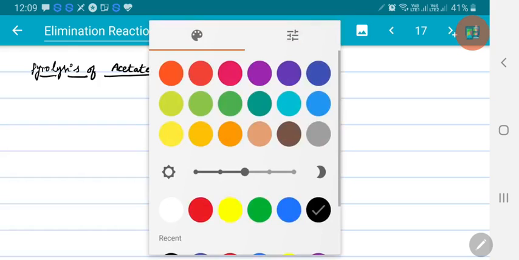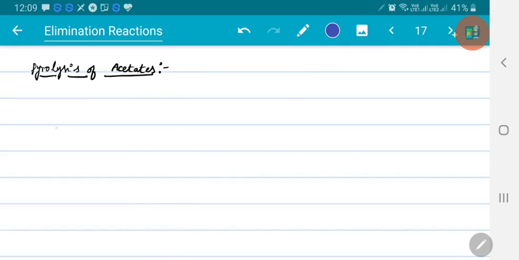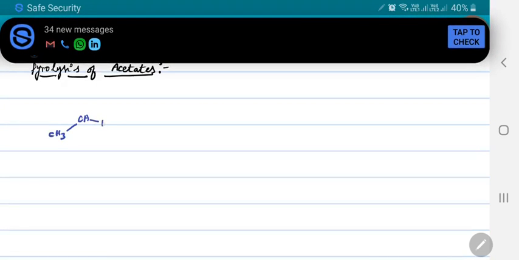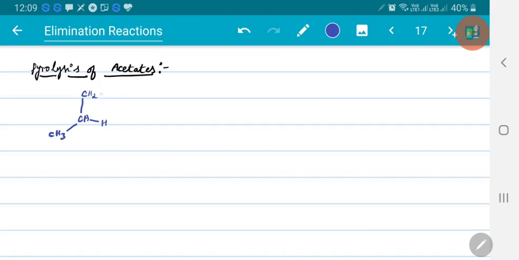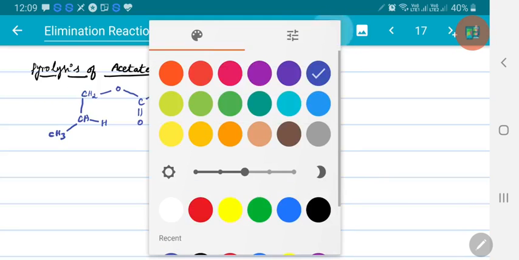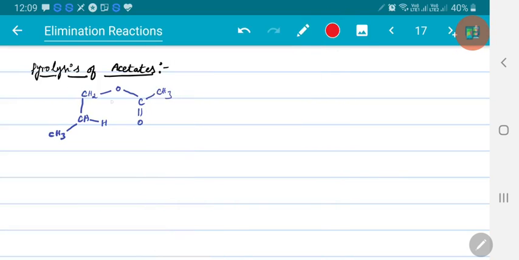Right. So first, if you see pyrolysis of acetates, let me take an example. If I take CH3, CH2, again CH2, this may be alpha, beta. Over this there must be an acetate, C double bond O CH3, right? So this is alpha and this is beta, right? So this system on heating,